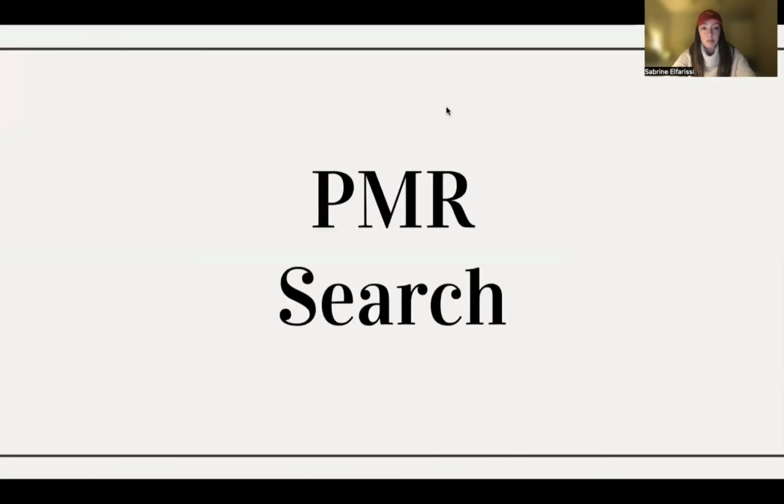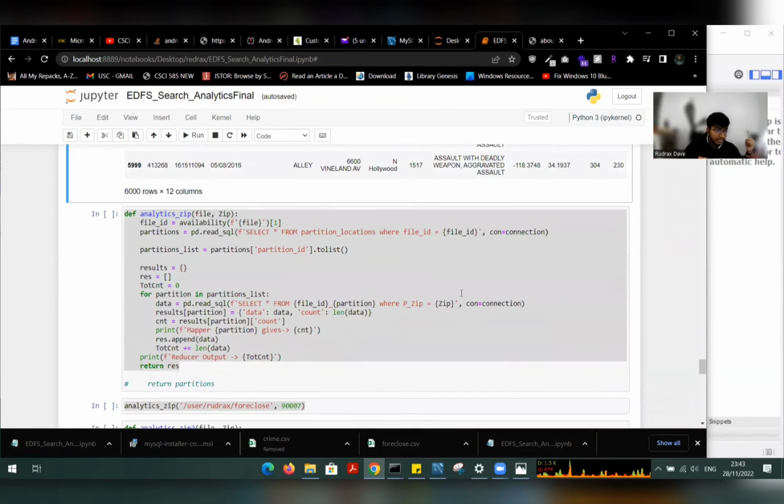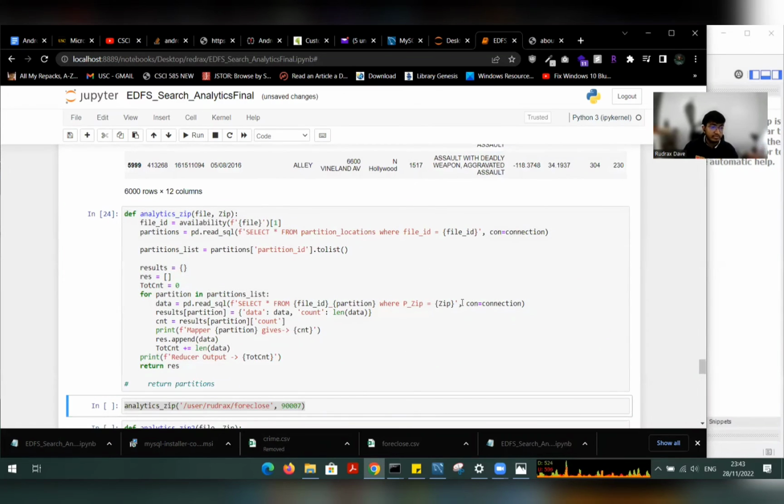So for search analytics, we use different queries for individual data sets and also those two data sets combined. We also use linear regression, which will be talked about later. So now analytics.zip, this is a normal query which just gives the value according to the zip code. So we are just running that. This query will run with SQL queries like select star from this file ID and partition.